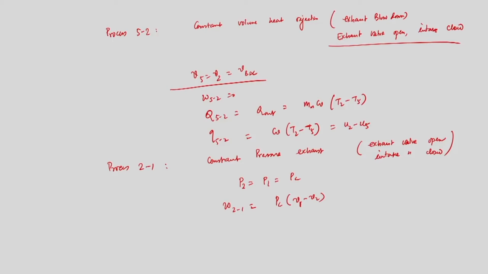Now, we need to calculate the efficiency, that is thermodynamic efficiency of the Otto cycle. So, thermal efficiency of the Otto cycle we will calculate now. This is very important, for that we are doing this analysis. So, we have calculated pressure and temperature at the end of each and every stroke, and for that we have used the ideal gas relationship. Then we also have calculated work done, or what is the heat input or what is the heat output during combustion and exhaust blowdown process. Now, based on this information we can calculate the thermal efficiency of the Otto cycle.